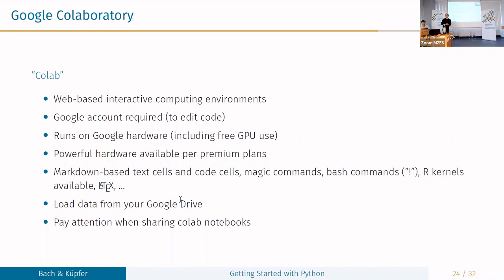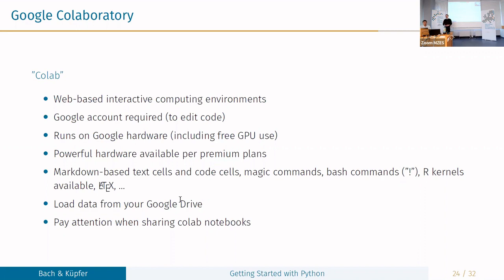One very nice feature is that it includes free GPU use. And maybe you've always wondered, why do people always talk about this GPU? Why do we need a GPU? Like, I have a computer, why can't I run my stuff? You need GPUs when you're running, say, deep learning, neural networks, some natural language processing things that are based on these approaches, because they are usually much faster if you run them on a GPU than on a CPU.